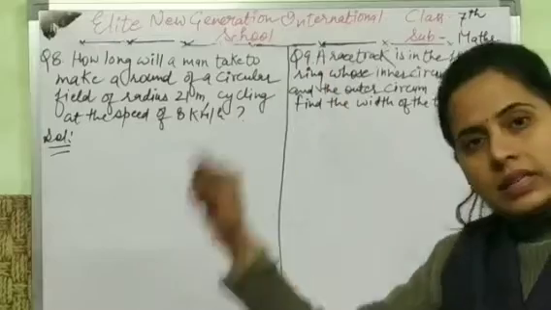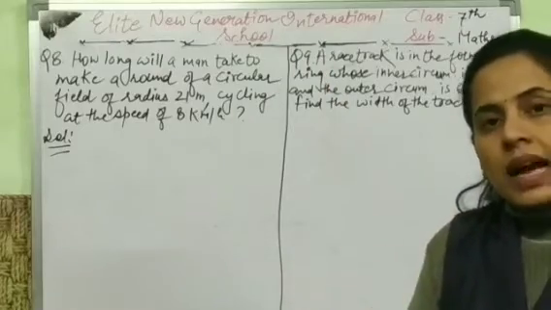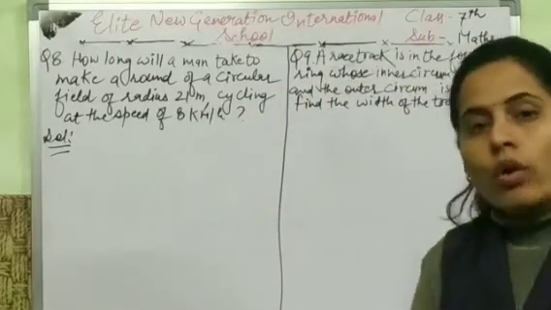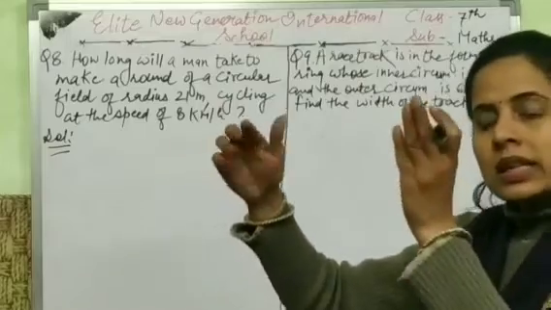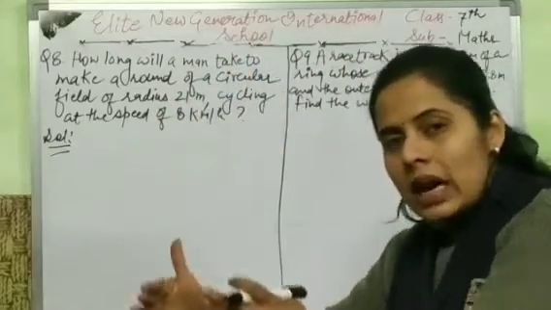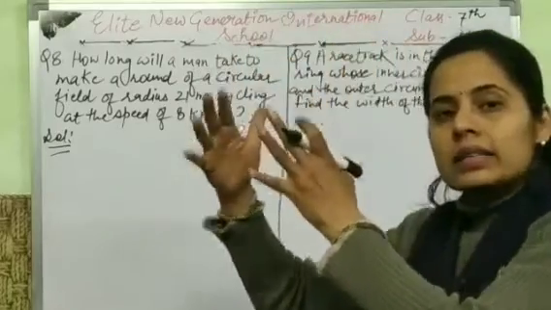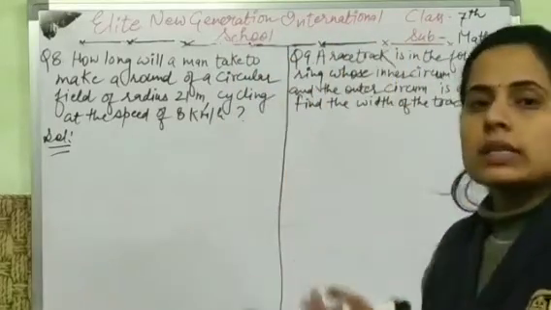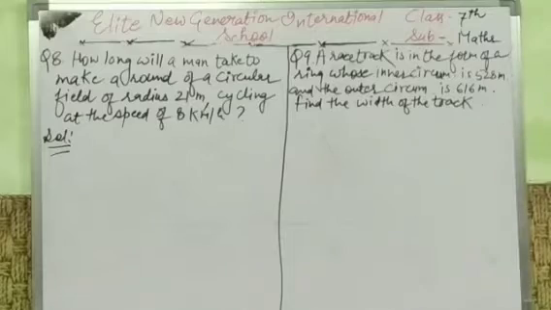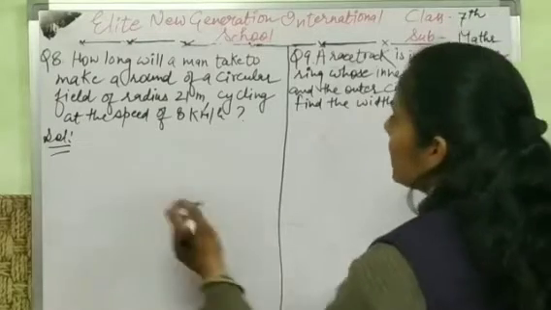He just covered the distance. It means you can also say that the circumference of the circle, because he covered the distance around the circular field. In that case, we have to find the circumference of the circle first, right? So here, in that case, you can see radius is given.